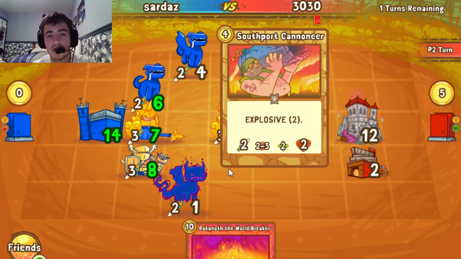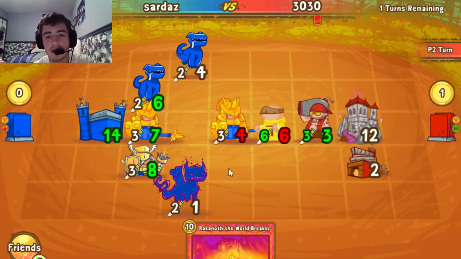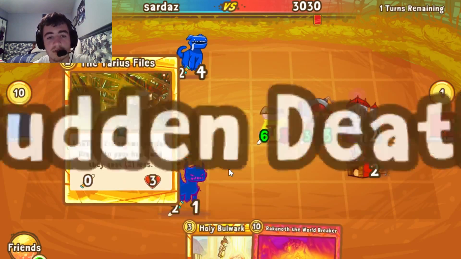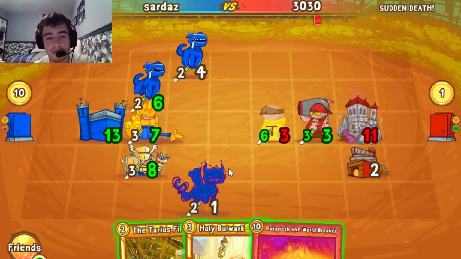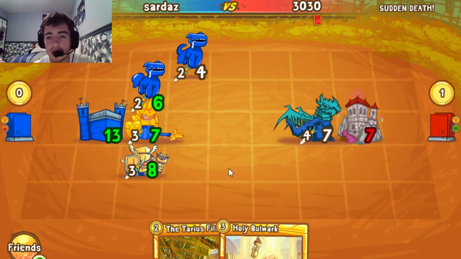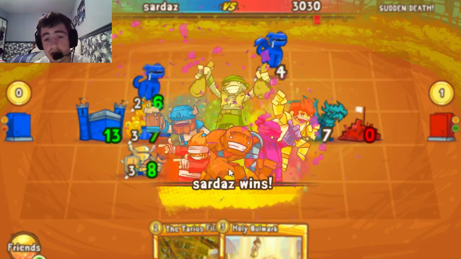Armory from 30-30 and a Southport Cannoneer, so the Cannoneer will damage the Dragon Knight, and the Monk will actually finish off the Dragon Knight. However, I think Sardaz is planning on using the Rakanoth this turn on the Shadow Drake, if I am correct about that. Oh, looks like he's going for it. And a successful Rakanoth has been deployed, and he'll deal 8 damage total, and force 30-30 to actually surrender right